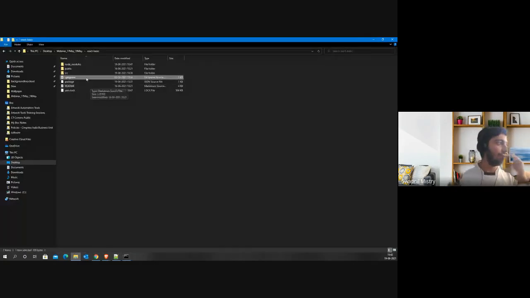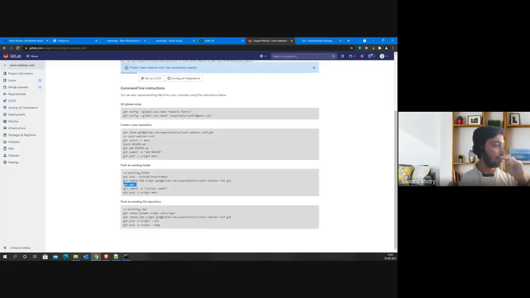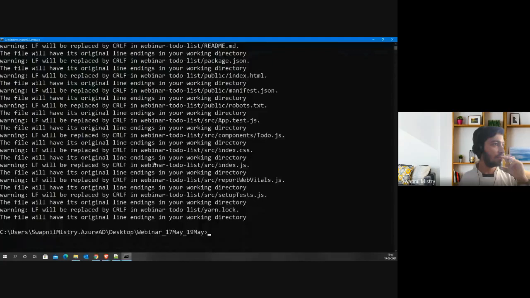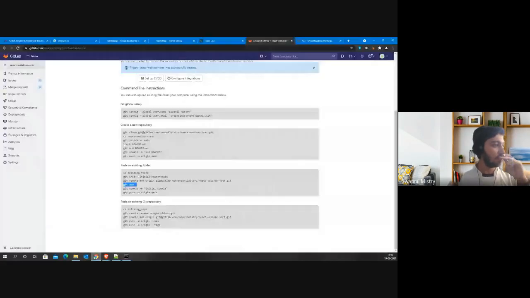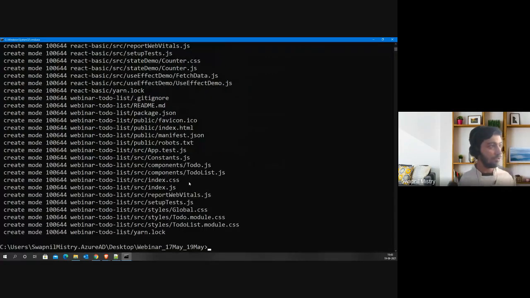So we can add this .gitignore at three places: one in the very root, and the other two in these projects, which are nothing but this React Basic and the to-do list one. Now we have added all the files. You see all the files over here have been successfully added. Next, I will run this command, just commit your final values. So we have committed our values.